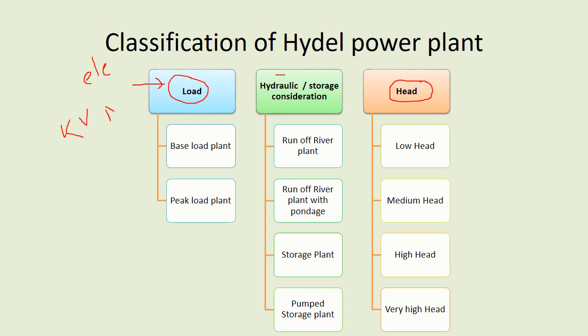If you see a megawatt rating, like a 1000 megawatt plant, then this 1000 is your rating, or the load rating that it can give. This megawatt rating generally talks about your peak load. So the maximum load it can handle is 1000 megawatt. Okay, so then what is a base load plant?